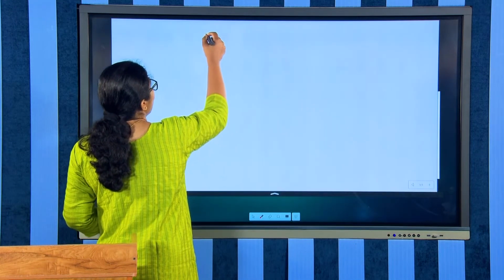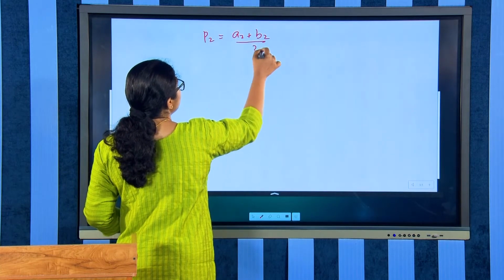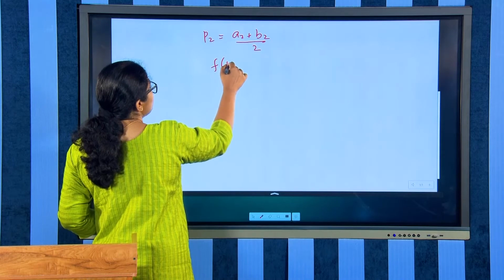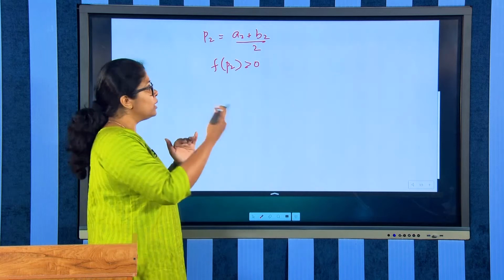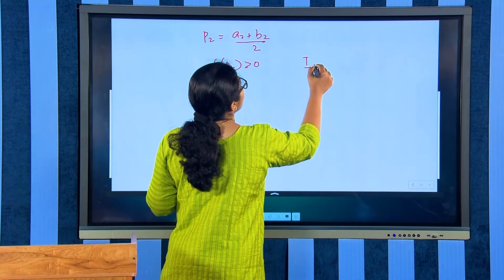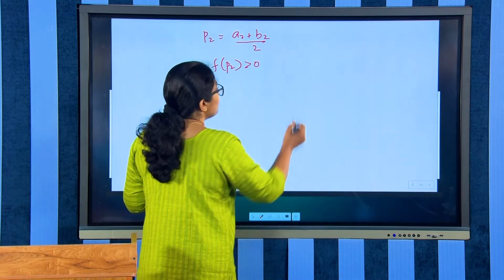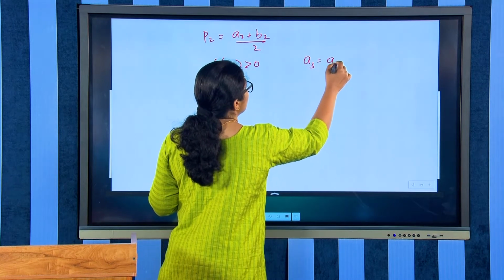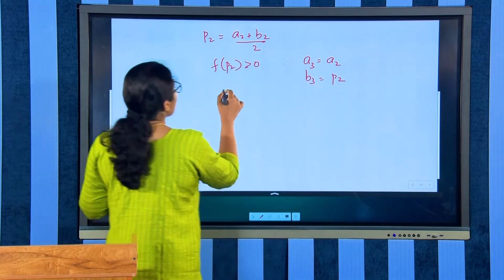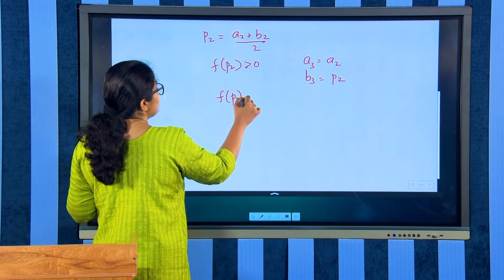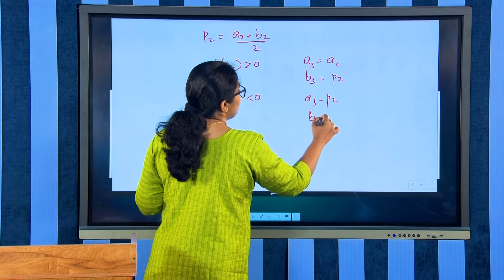So A2 B2 is divided into 2, so P2 becomes (A2 plus B2) by 2, and if f of P2 is greater than 0, we will take the interval to be A2 P2. A3 will be equal to A2 and B3 will be equal to P2, and if f of P2 is less than 0, A3 will be equal to P2 and B3 will be equal to